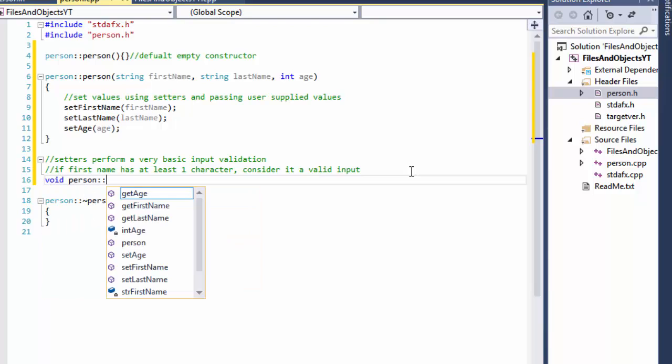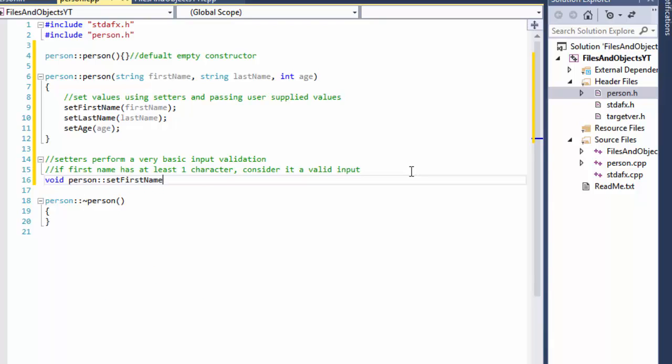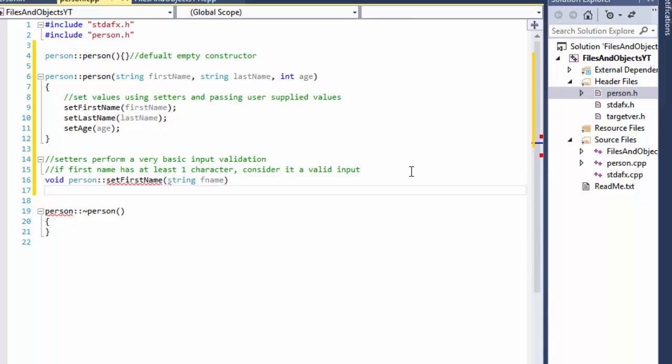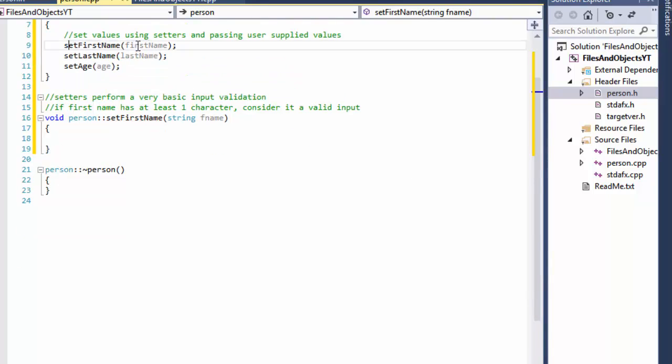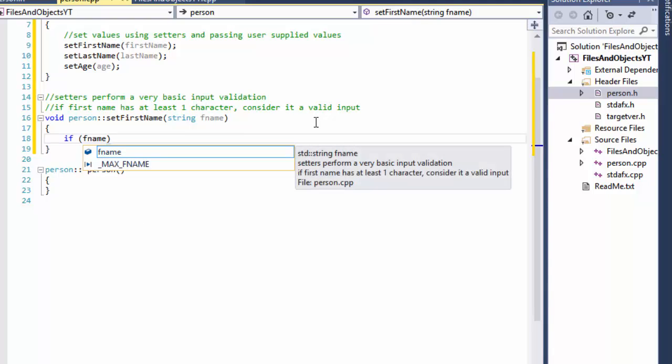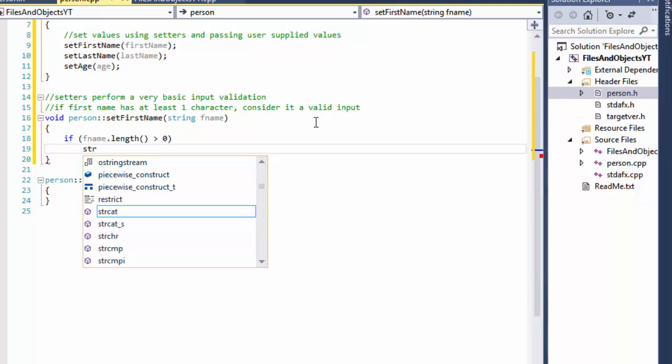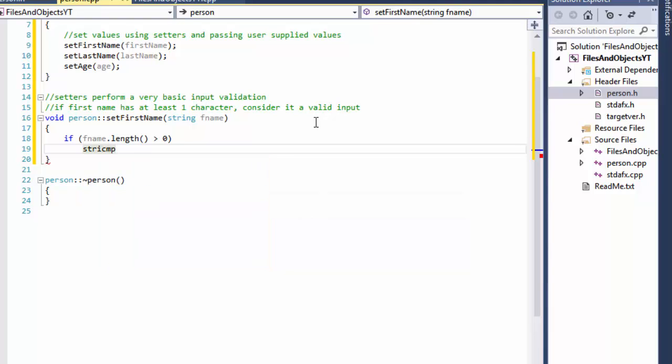So we will do person and set first name, and we will pass the variable of the first name, and so we are already setting it here. Obviously we are calling it, passing the first name, and we are going to validate the input. So if our user-supplied name length is greater than 0, then we're happy with it. That's our name. So string first, how did I name that? First name over here. String first name